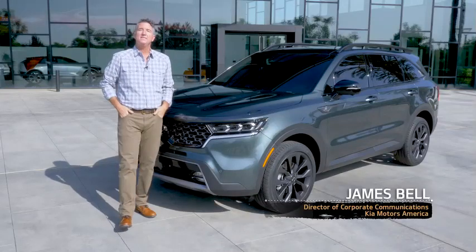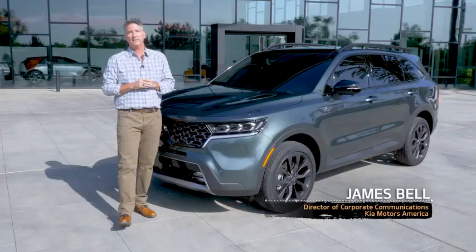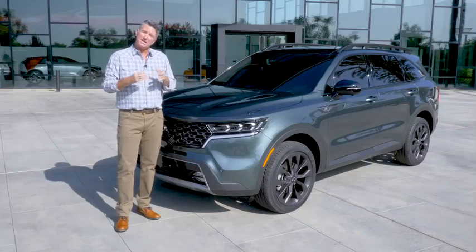Well, hello, and thank you for joining us here at the first drive of the all-new Kia Sorento. Now, by now you're used to the routine. I like to get up here and give you my perspective on the vehicle, point out some of the cool design elements that really kind of caught my eye, point out some of the neat features, tell a couple jokes,